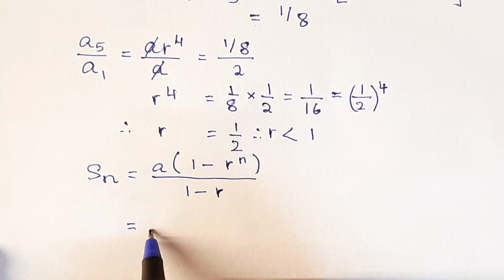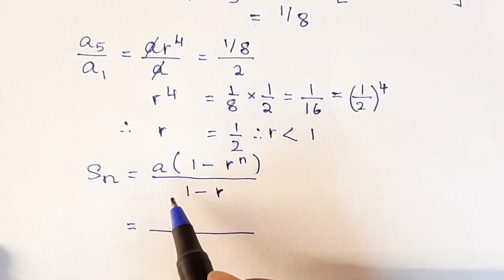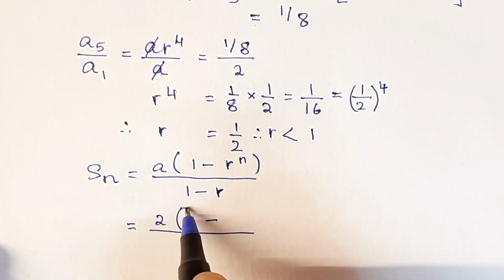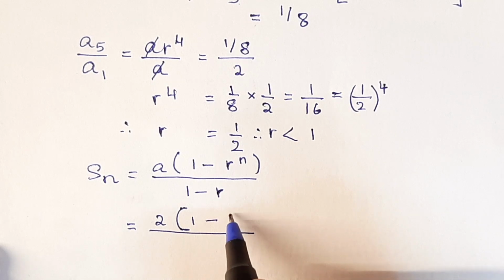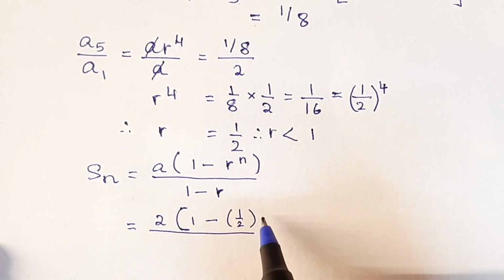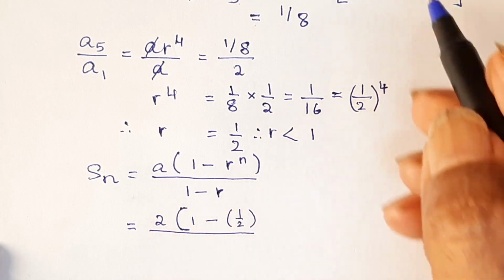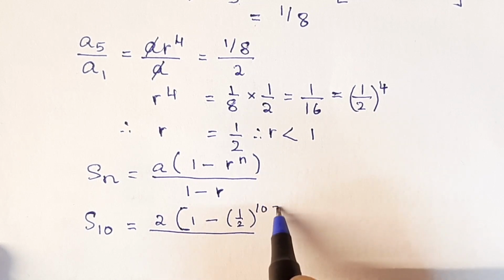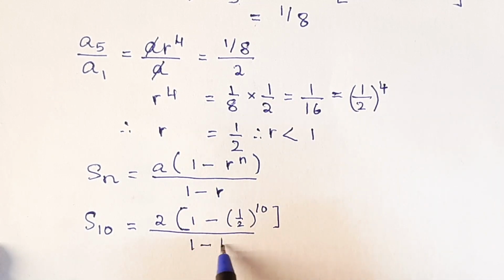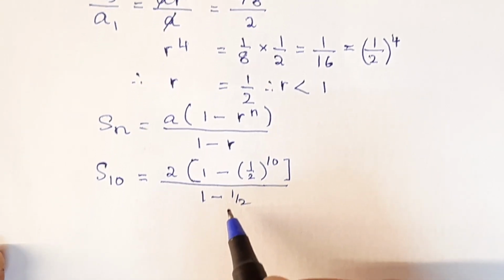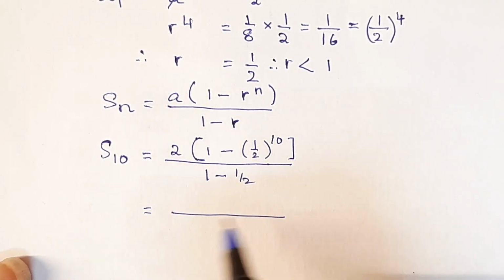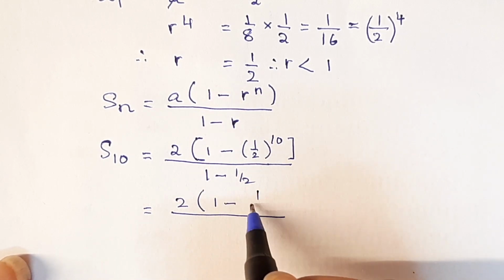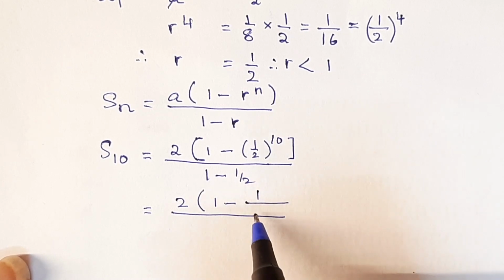Let us see how we can proceed with this. Our a value is 2. 1 minus, now I'll put this as a box bracket, and here r is half to the power n. Now we want the first 10 terms. So remember we are finding S10. So this will be to the power 10. And here it will be 1 minus half. Let us continue simplifying this. So 2 into bracket 1 minus 1 upon 2 to the power 10 is going to be